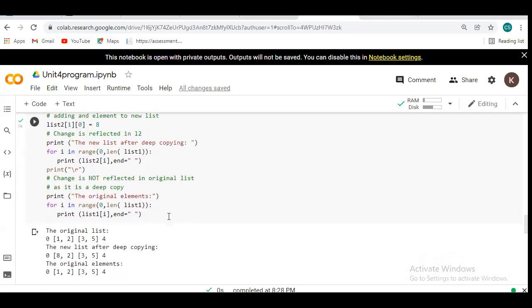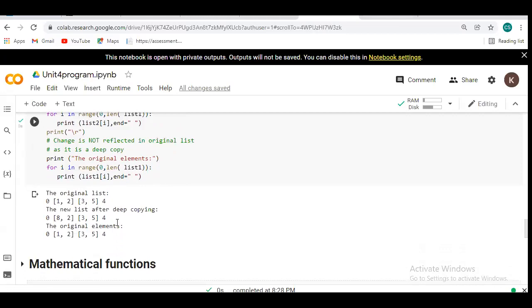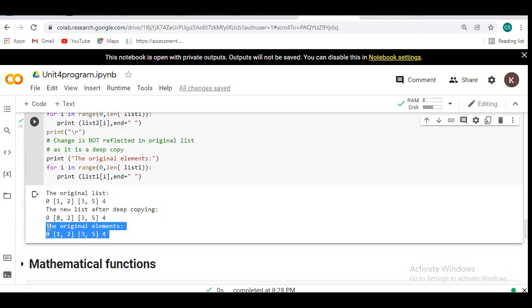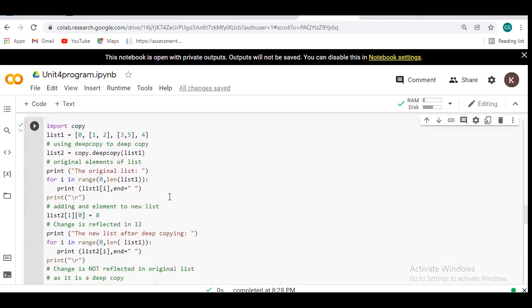But in a deep copy it is the opposite: the element generated after performing the deep copy operation has the first and higher priority, and our original list has the second priority.